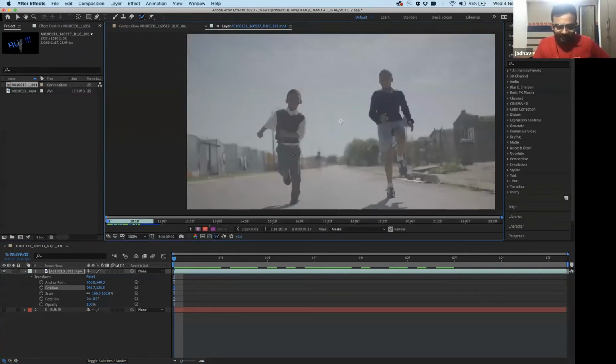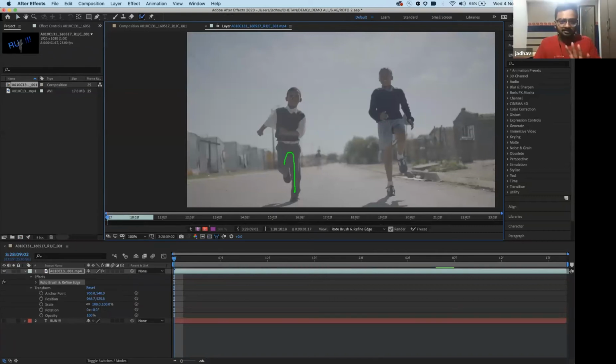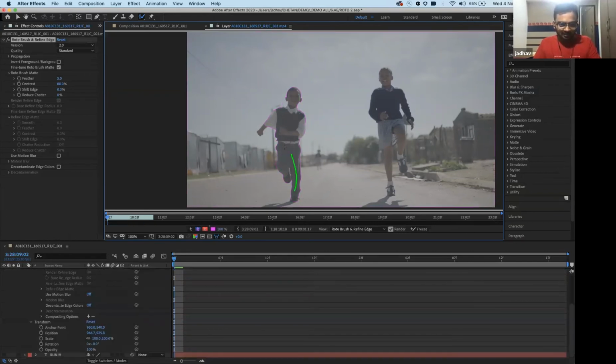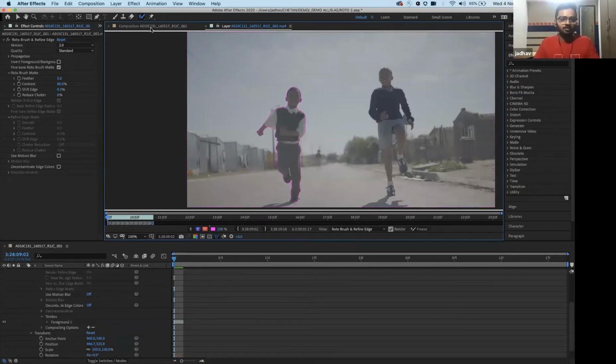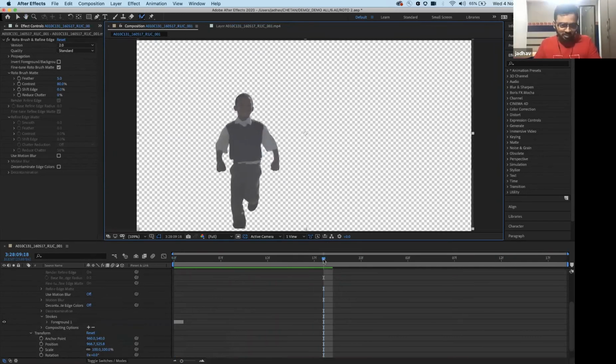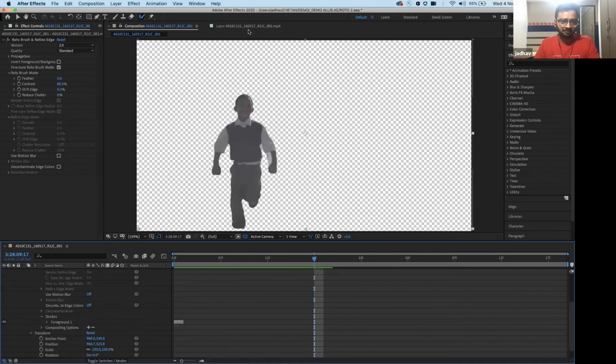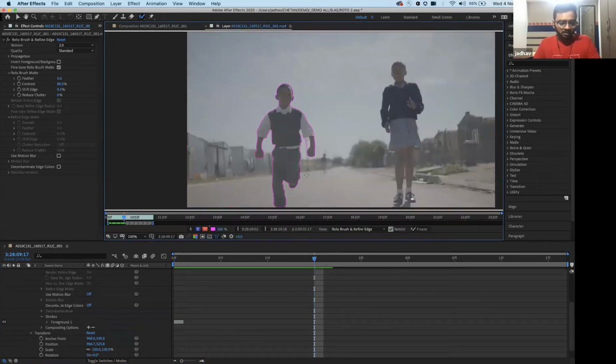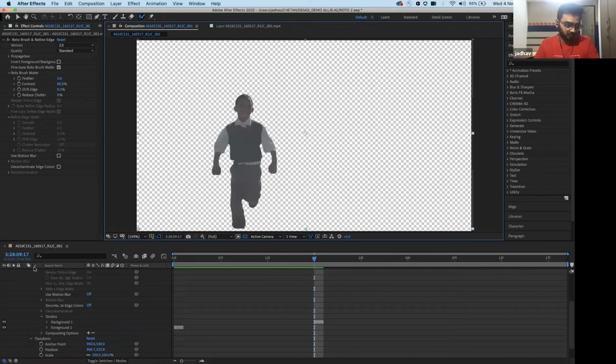So here I make a rough selection around, and oh, it went outside. But let me do it again very quickly. So I'll select roughly on the legs. I'm just creating a wire around my character, and you'll see that that character will get selected. Yes, that's it. I go back to my comp, and you see that particular character, the entire video is now extracted, right? Now, there will be certain portions which we are not happy with. For example, this particular frame, not a problem. You can still come back and remove these chunks, and you see that particular frame gets updated. So this way you can use a Roto brush.